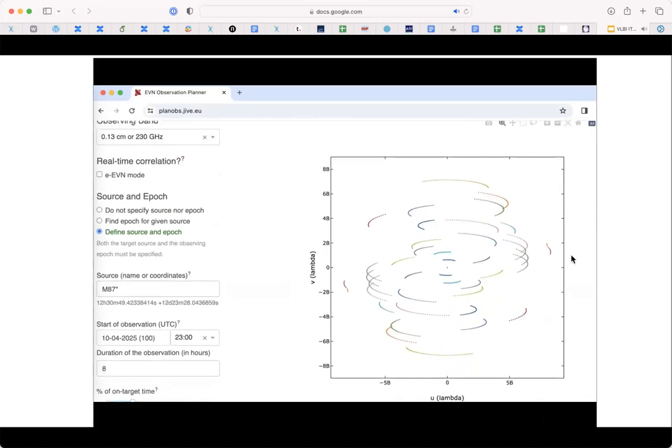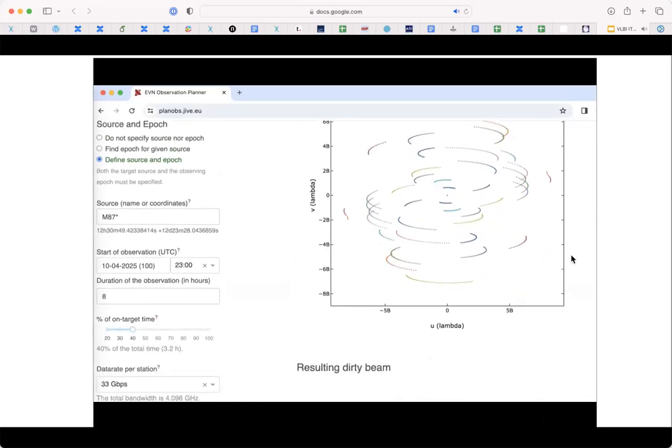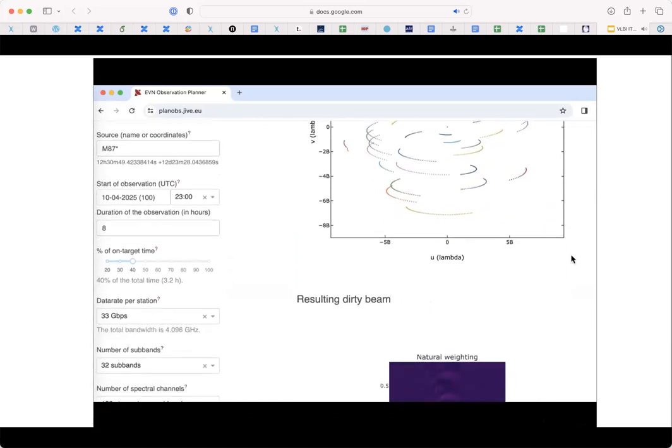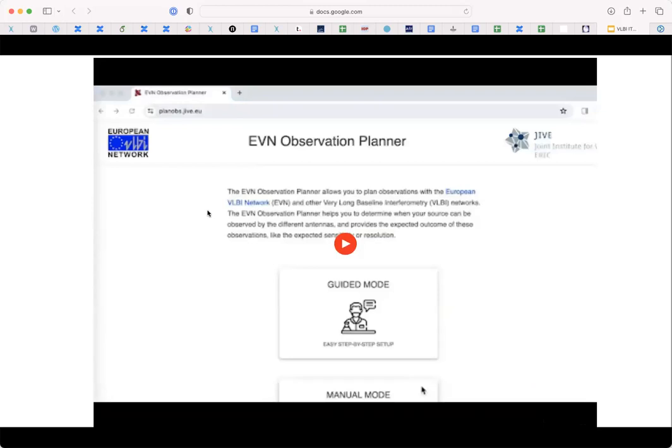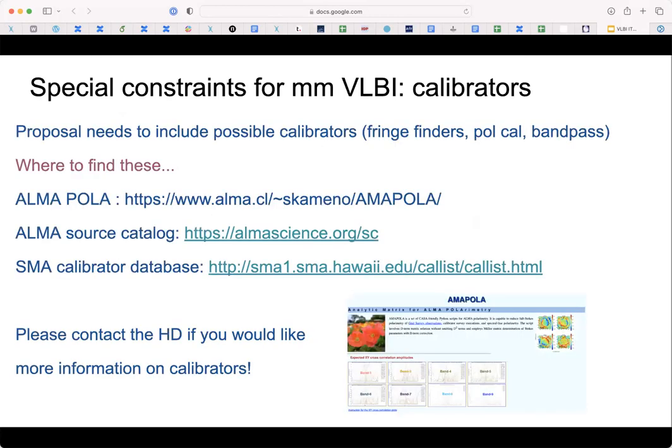Again, you get a UV coverage. You can play with longer times, and you can see how UV tracks vary. There's more in this tool that can be done here, but it's really useful and really nice to actually play with, and it's very instructive, especially to people who have not used VLBI before, but also for